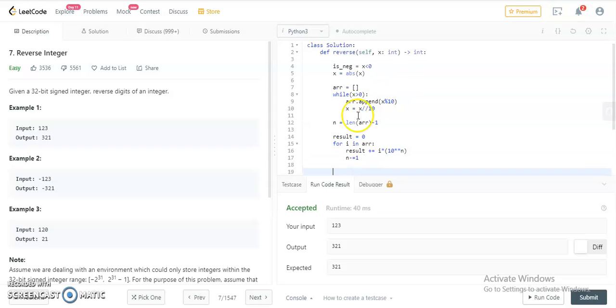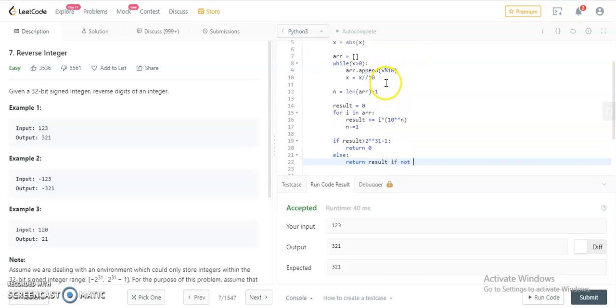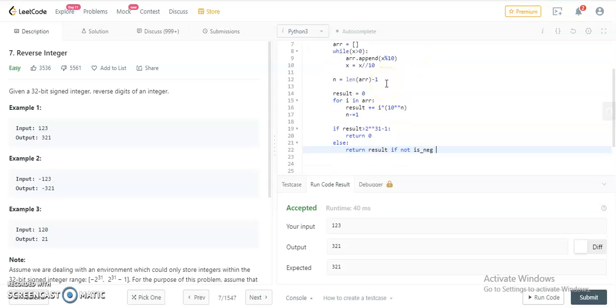Now see, we got our integer result, but we need to check two things: whether the result is greater than 2 to the power 31 minus 1, then we need to return 0. Else, also for the negative part, return the result if it is not negative. Else, if it is negative, then we're going to multiply the result by -1 and return it.